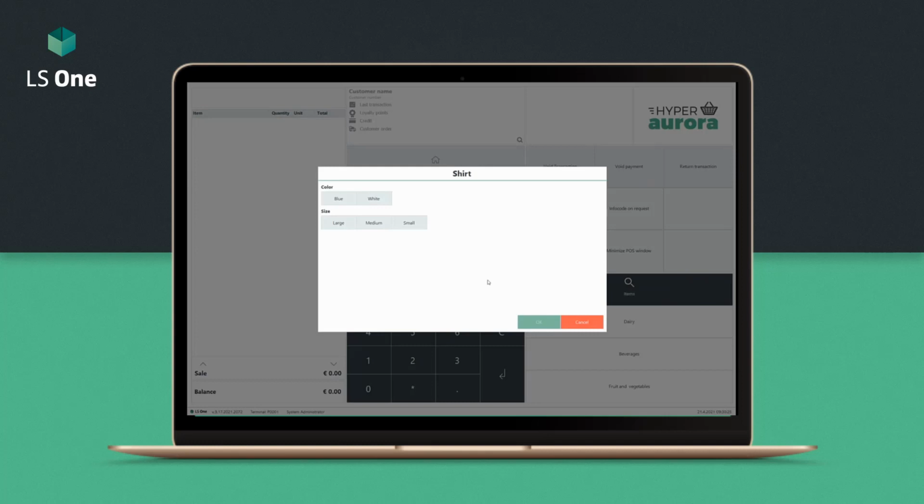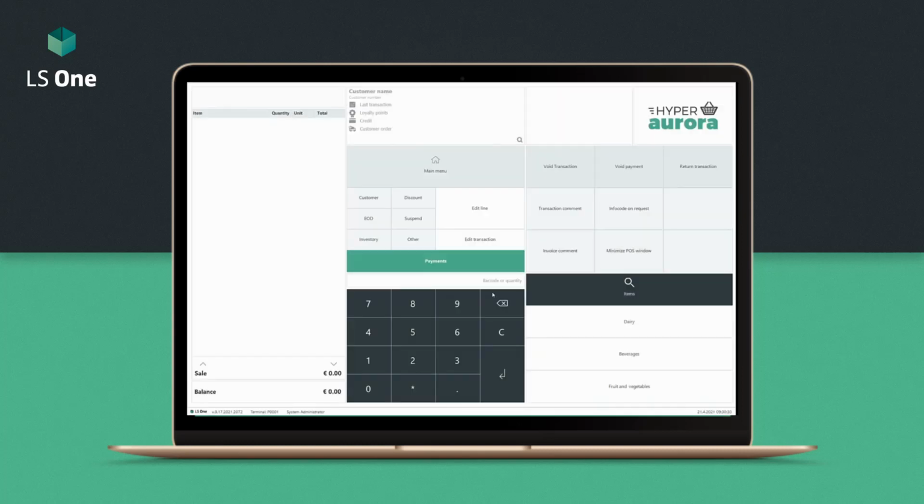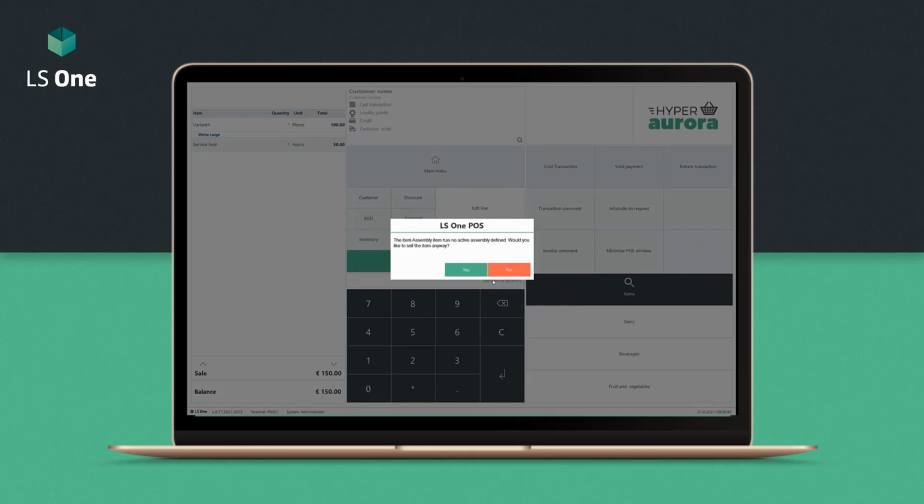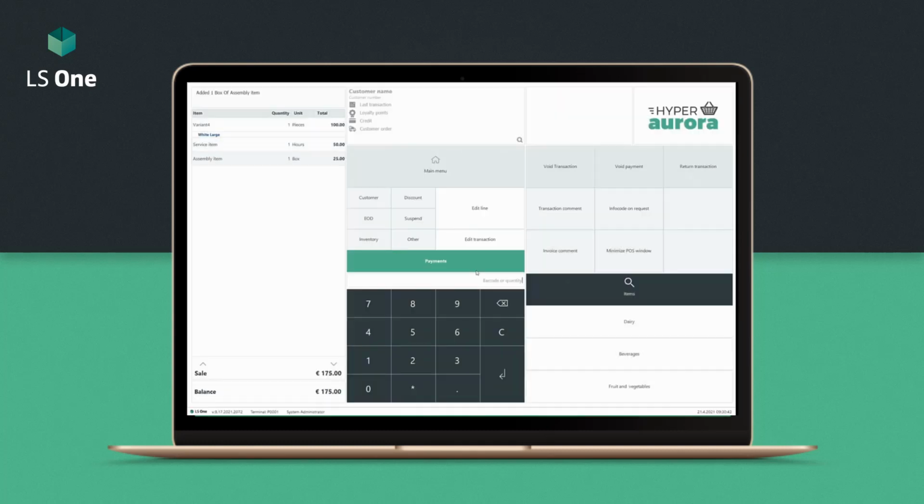Here is the shirt I imported with the different attributes and the other items. The service item, and the assembly item, and the last one, the normal item.